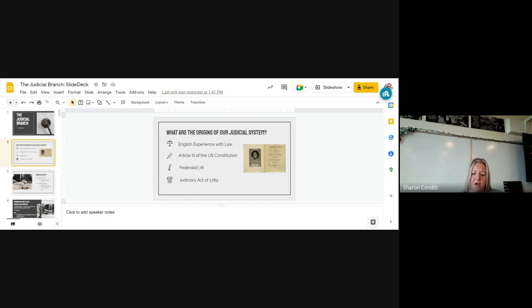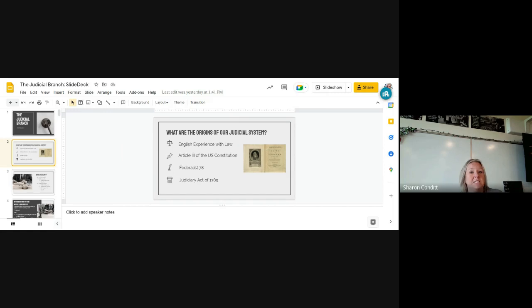Under the Judiciary Act of 1789, 13 district courts are created. And these district courts are basically aligned with each state. So under the Act, every state has its own district court. And each district court is presided over by one judge and is staffed by 2 Supreme Court judges or justices. So still today, that is the case where every state has its own district. May have more than one, but at minimum, it has to have one.